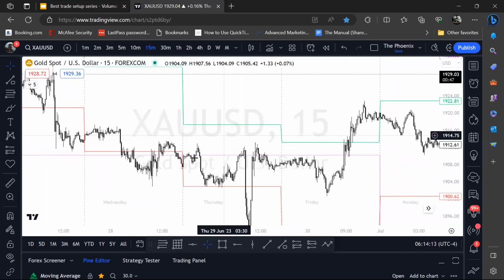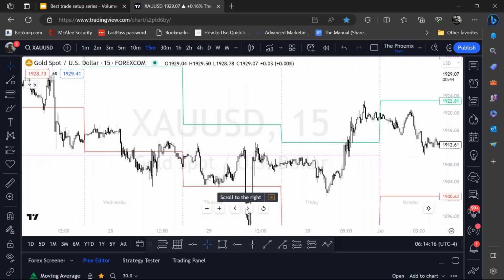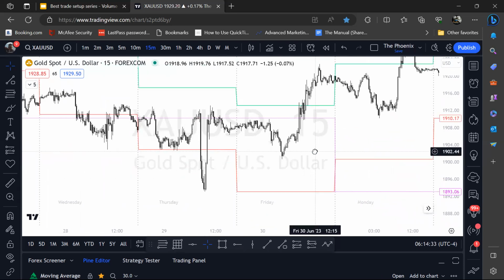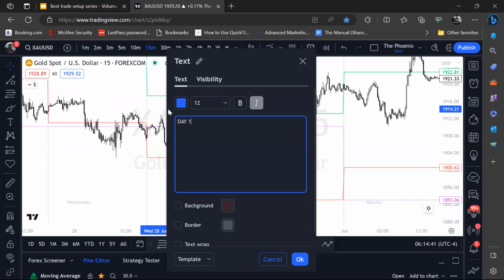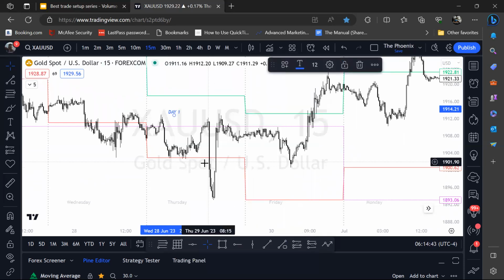The count begins when we have this push at the low of the week and the previous week on Thursday, and no, it still does not close. Well, it closes inside of the range of the current week, but not of the previous week. So we still have a day one here. But let's see. Yeah, we still have a day one here. So let's just add that, as it closes back inside the range of the current week. So it's day one. So we have day two,